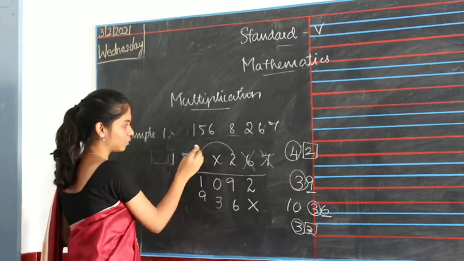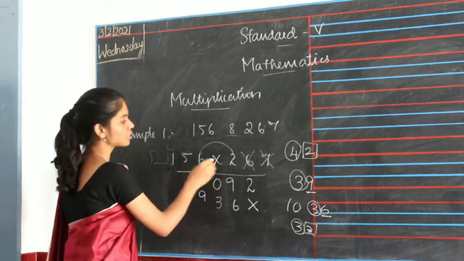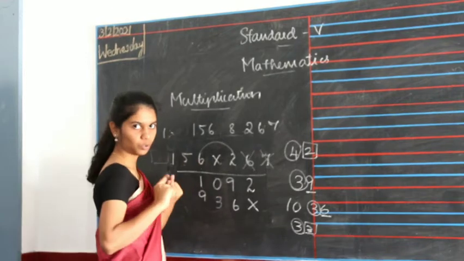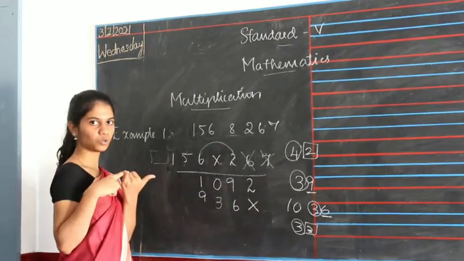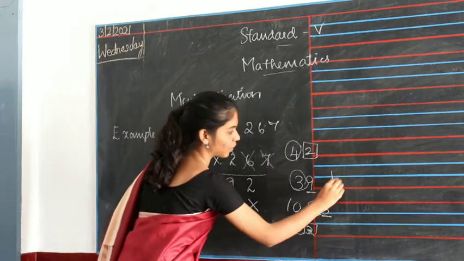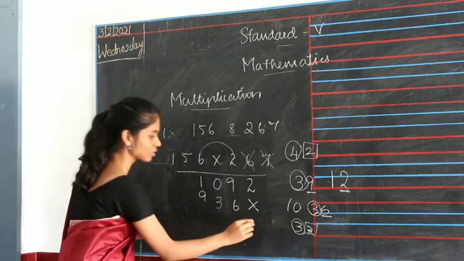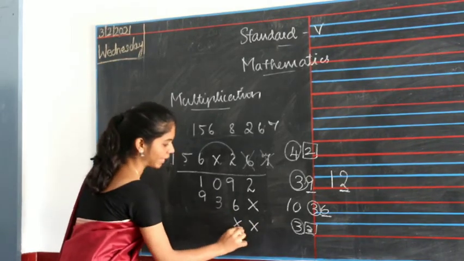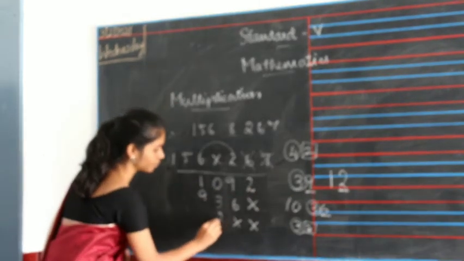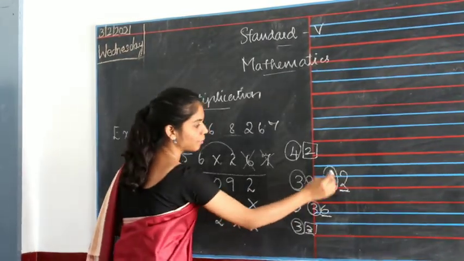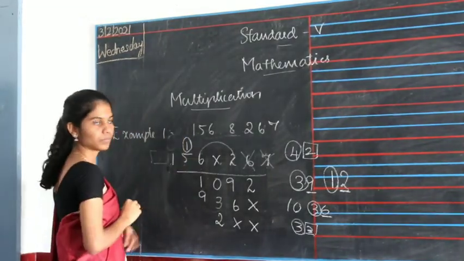2 is multiplied with the first number of the next digit, which is the unit. So 2 1s are 2, 2 2s are 4, 2 3s are 6, 2 4s are 8, 2 5s are 10, 2 6s are 12. So 12. 2 is your unit. Here you left one place, here you will leave 2 places, and in the third place you will write the unit 2. And 1 will be your carry that you have to put on top of the next number, which is 5.